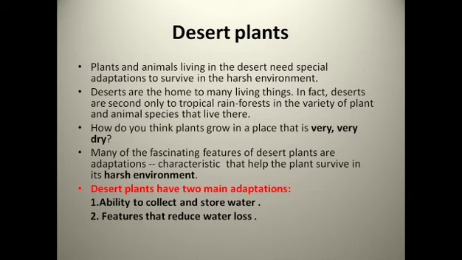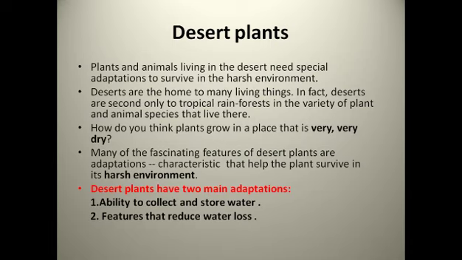As I've already given you an example, if we went to a cold climate, first of all, what would we do? We would wear a coat, overcoat, sweater, jacket, right? If we do not wear those in the cold climate, what will happen? We cannot survive. In the same way, if the plant does not adapt some special feature, it cannot survive in the harsh environment.